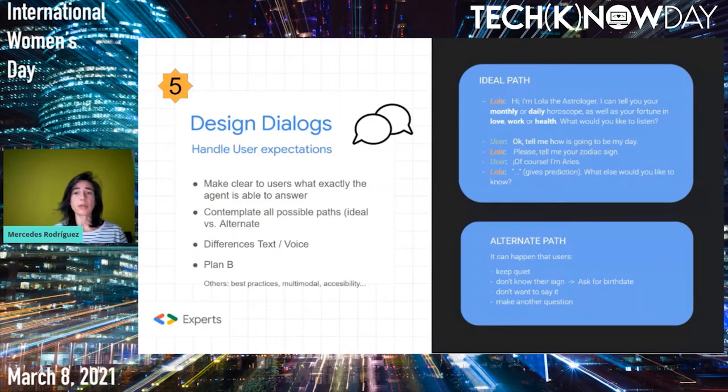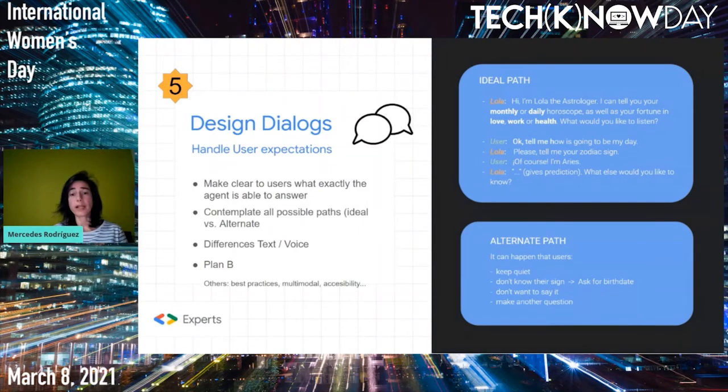For example, we could say, "I'm sorry, but I'm not prepared for that. I can just give you information about this, and this. What would you like to listen to?" The other option, and one of the best for professional environments and customer service, is taking the user to a human agent. So if our conversational agent has the answer, it gives the answer, and if it hasn't got an answer, it can say, "Oh, I'm sorry, but I'm not prepared to answer that, but I'm taking you to a human agent."